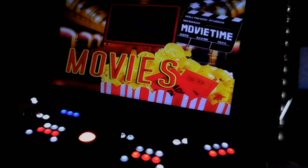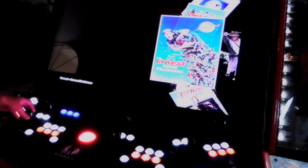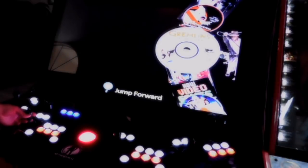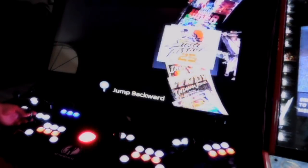Now here's something you cannot pass up: movies. There's literally a movie cinema on the machine. It's got hundreds of movies on here. So sometimes if we're just sitting around, or hanging out in the game room, you can just turn on a movie. I mean, as you can see,